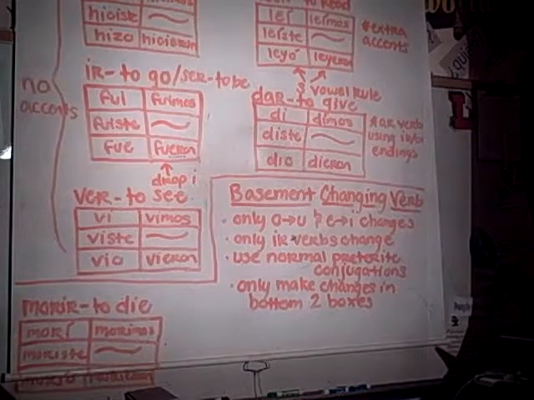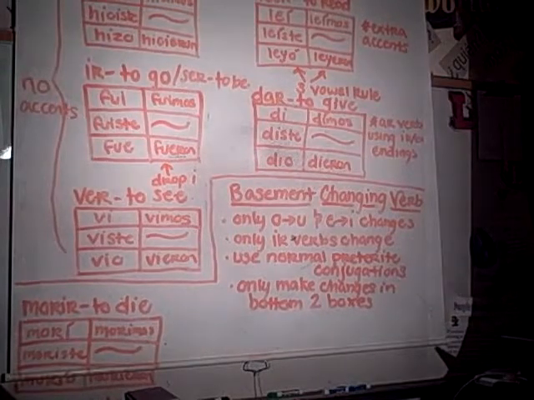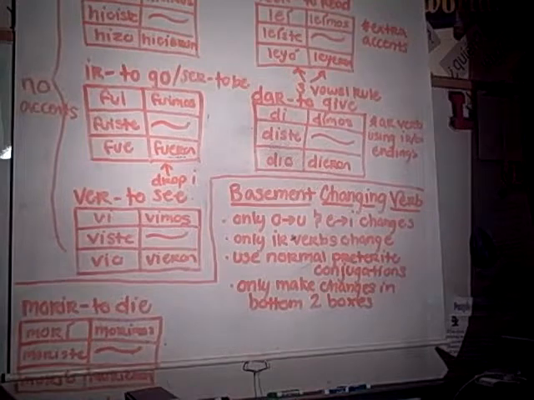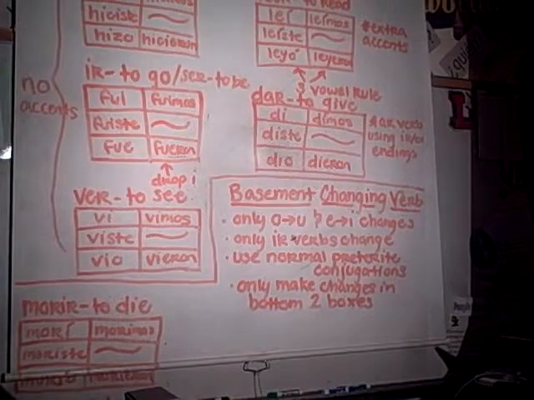Okay, so the irregular preterite verbs are hacer, leer, ir, and ser, which are the same, dar and ver. Hacer, all of the A's change to I's, and then the él, ella, and usted box is hizo. And then also leer changes to those, but you put accents on the I's, and then in the